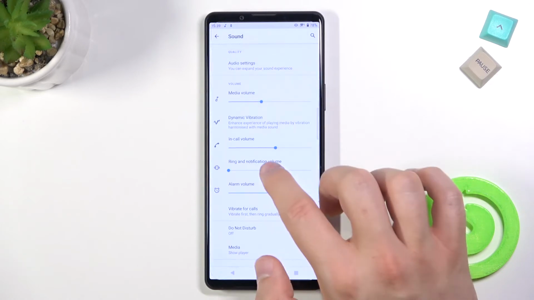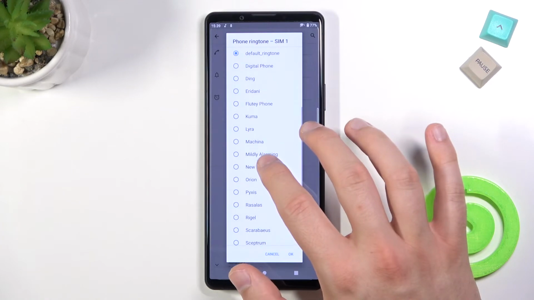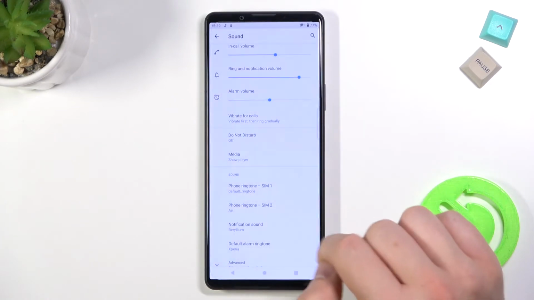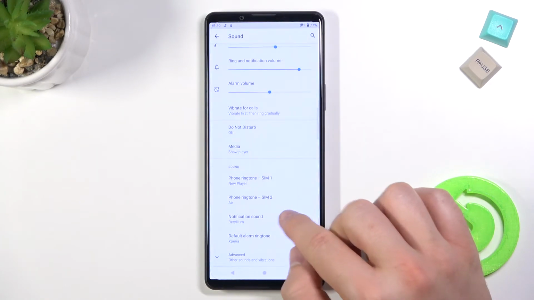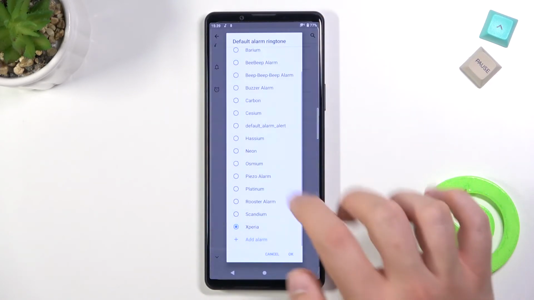Oh, I just removed the sound. Take a look right now. The same we can make for the second. We can change the notification sound, alarm ringtone,